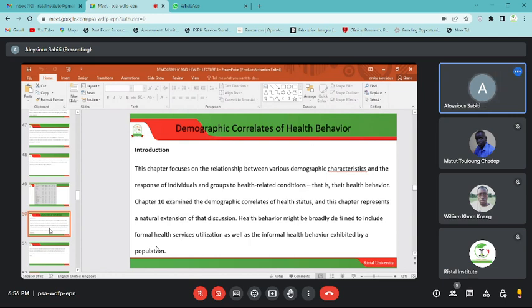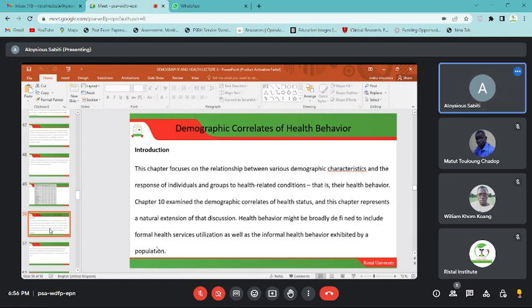Behavior means what type of lifestyle you have towards better health in terms of your preventive actions, but also